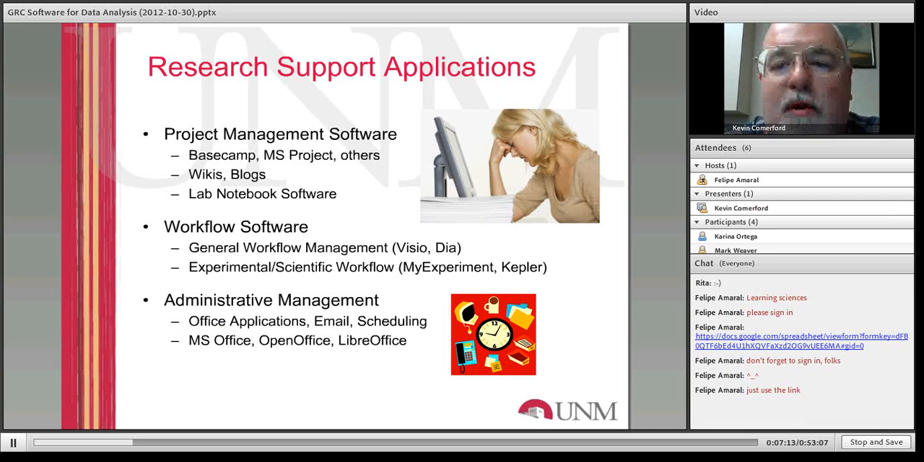Now, it's also important to have skills with applications that support research, even though they aren't directly tied into your data analysis and data collection part of your research. So project management software is something that can be very useful in a research project. Being able to use at least essential skills in packages like Basecamp or MS Project,